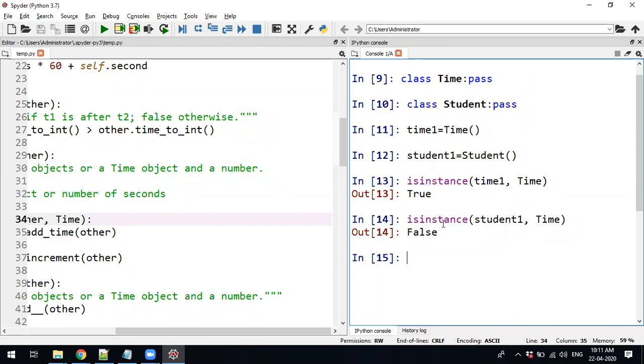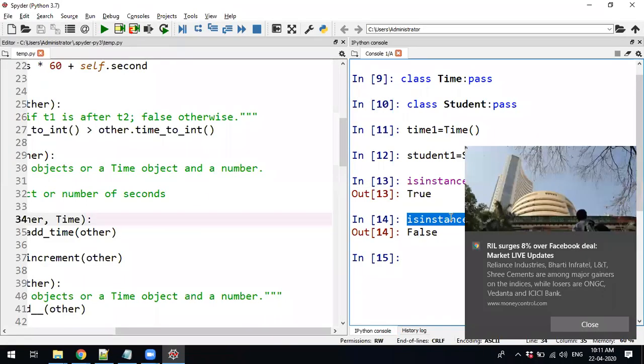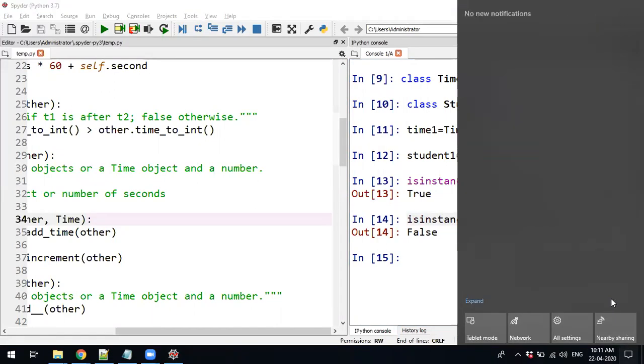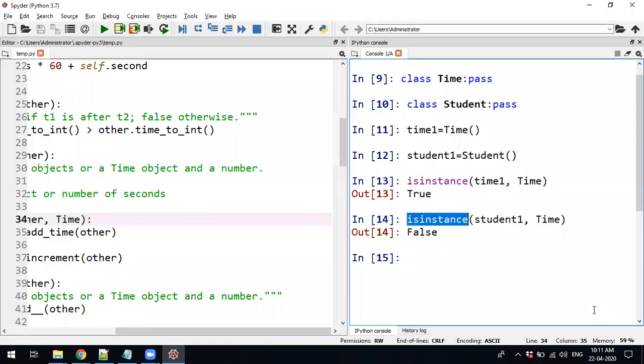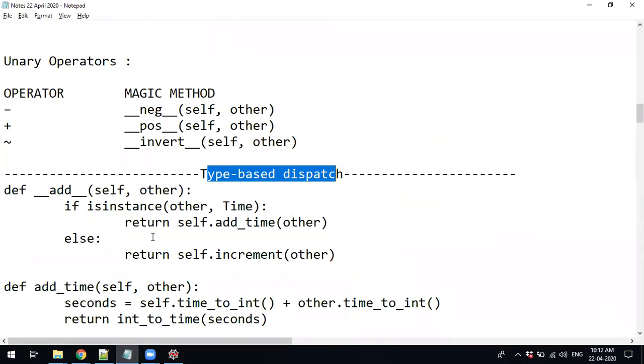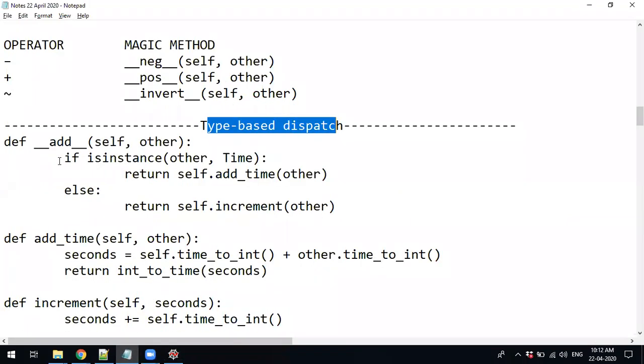Where we are going to use this is, based on this instance, a particular class's methods will be called. Assume that there are two classes. Inside the first class, there is a method called add. In class 2, there is also a method called add. Whether you have to call the class 1 method or the class 2 method, just based on the objects, you can directly call it. See, here is how we have used it.